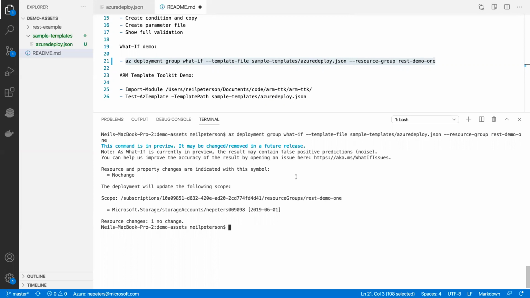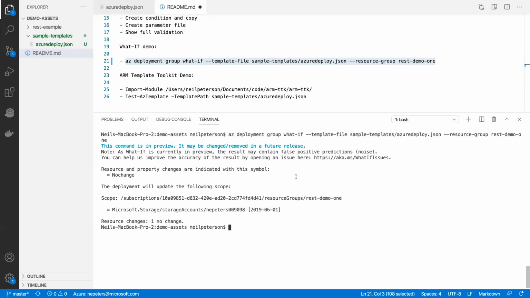And Terraform plan is using your Terraform configuration and comparing it to that state file to give you the delta. So there is some management overhead of that state file. Whereas with what-if here, there is no state file. We're actually using the REST APIs themselves to determine the deltas, which is awesome because there is